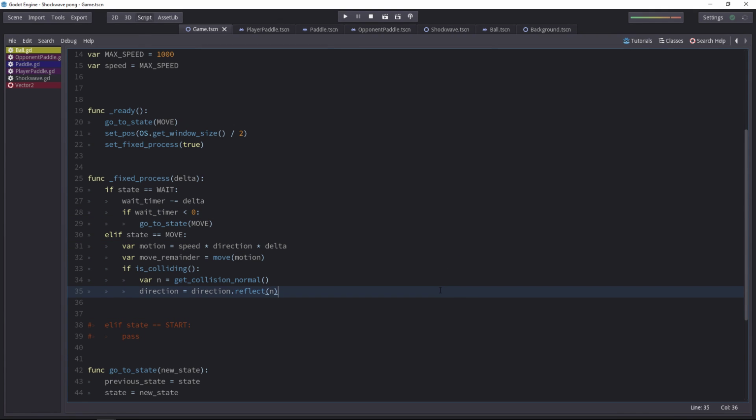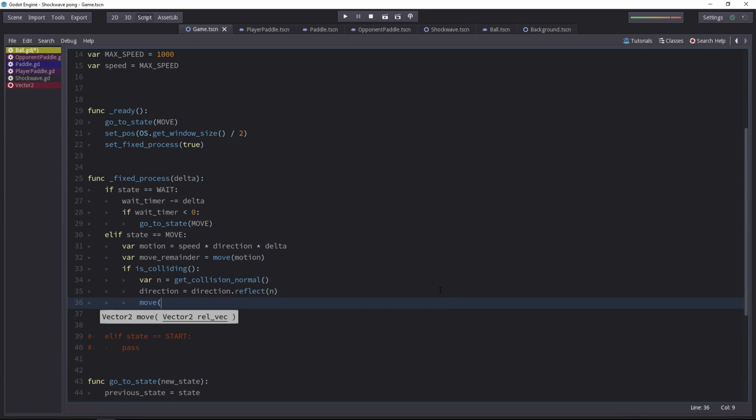Okay. So we have our collision normal and the motion remainder. We're going to move the sprite again using the new direction. Okay, we set the direction to be reflected, and we want to move using the move remainder. Hold on. Yeah, let's do it directly. I'll move using move remainder